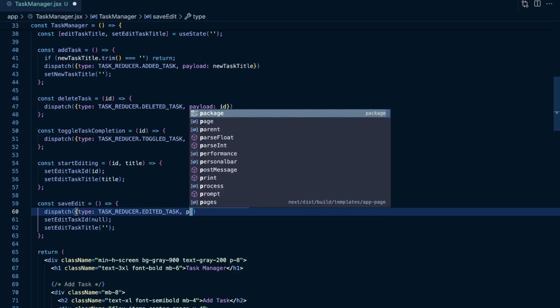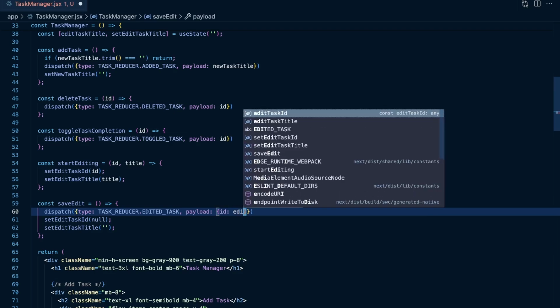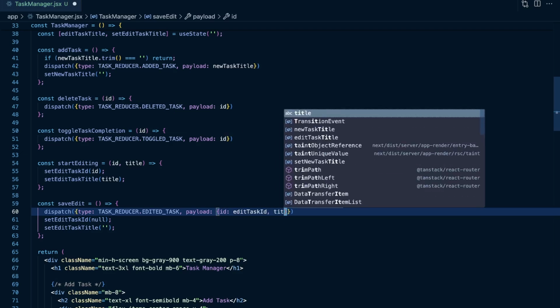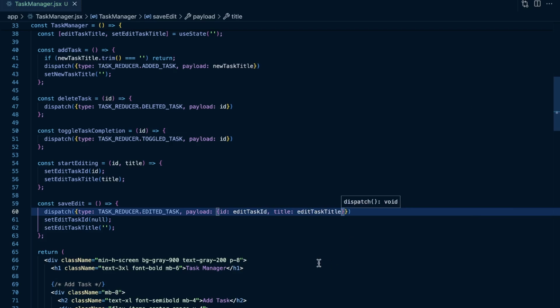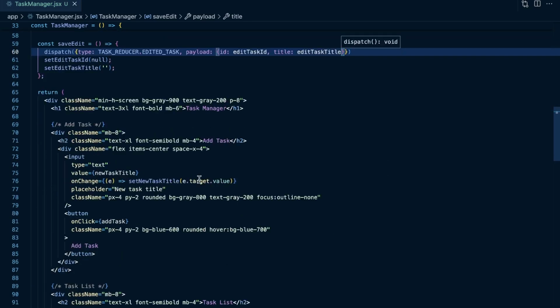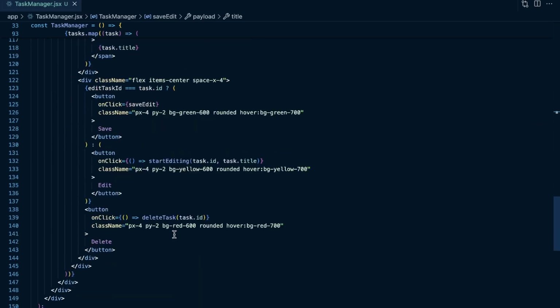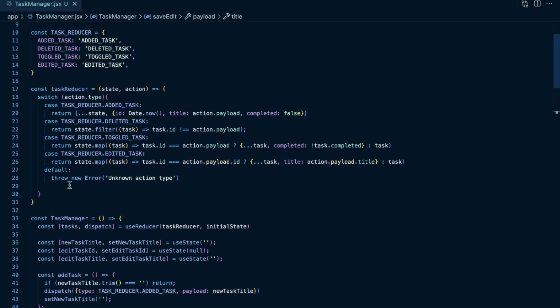And then this one, our payload's a little bit more complex. So we'll have a payload that is going to be an object where the ID is going to be our edit task ID, and then the title is going to be our edit task title. And then everything within our code should remain the same because we're still calling all these functions with the same stuff. We might have actually written a little more code there with adding the reducer and adding these constants, but